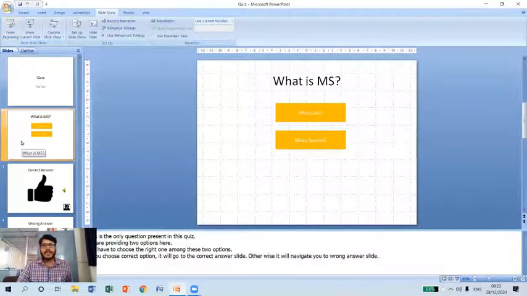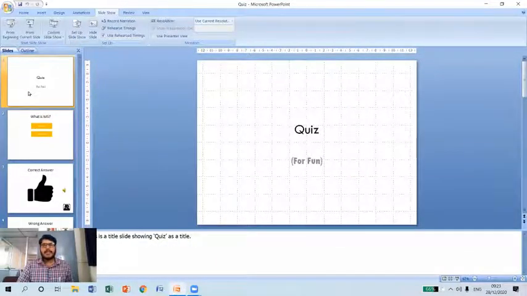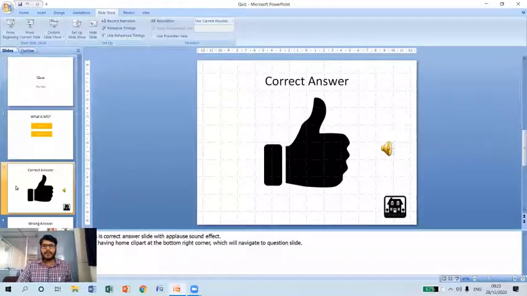So here I have selected the second slide. As you can see, I am in the second slide, but my first slide is this one. Even though my first slide is this one, if I select this particular slide and click on From Beginning, it has to start the slideshow.